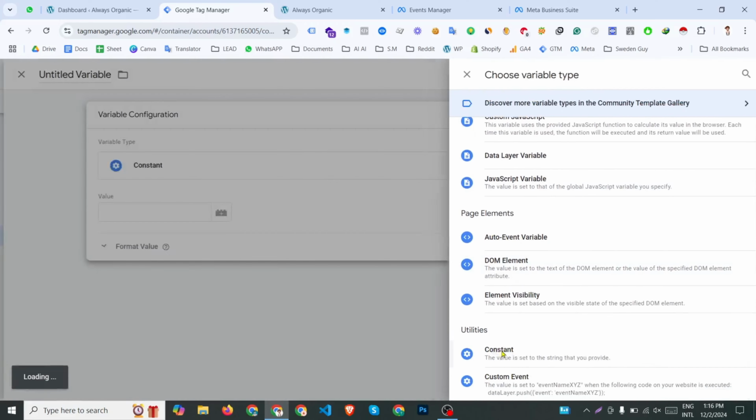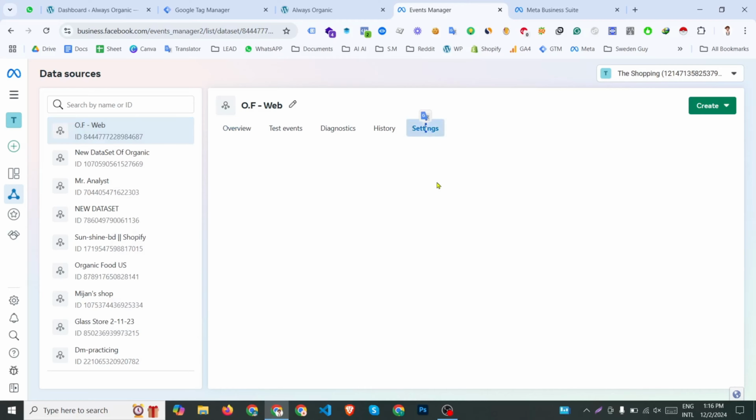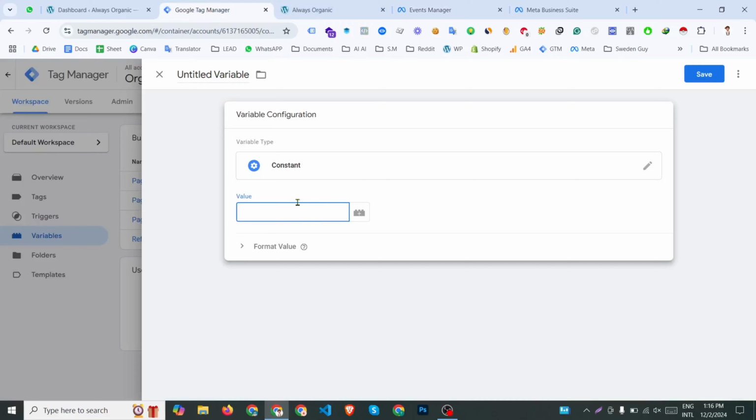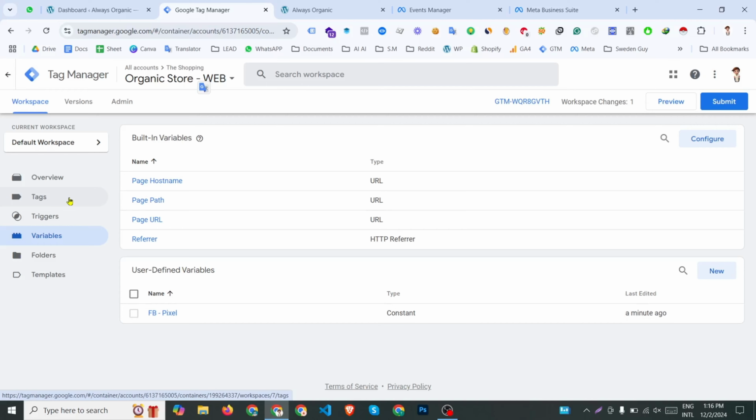Then we need to choose the constant and copy the code from here. On the other hand, we can go on settings and then click here, Google Tag Manager, then paste the code over here, write a name. We need to go to tags,